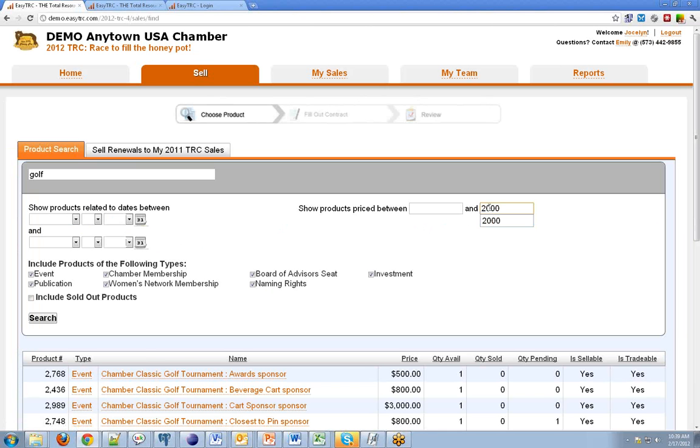So say if I want to do a cap of just $2,000, but they want to spend at least $500, you can filter like that. The important part about this date filter is that it filters events and it filters publications by date. So a publication being your newsletter or banner ads on the website or something like that. Obviously those come out on certain date ranges, so that would be important if somebody was opening, say, a branch